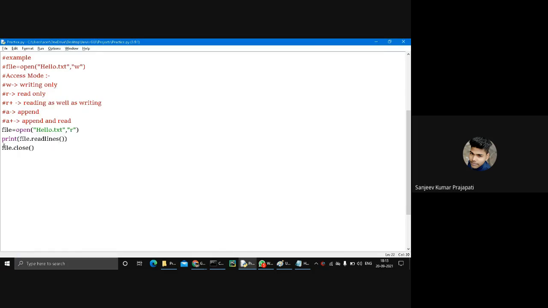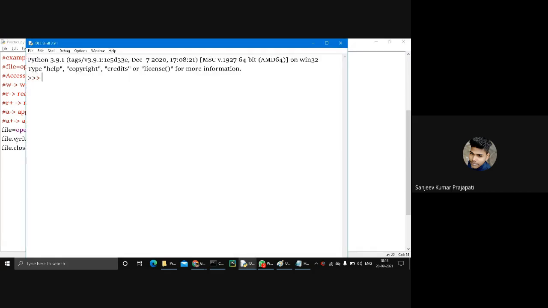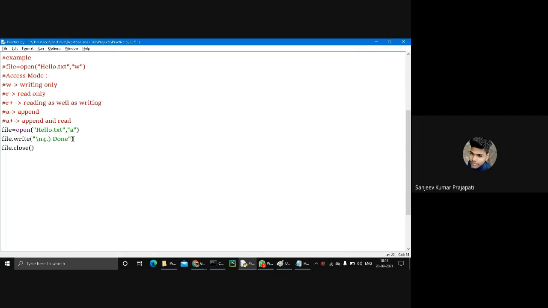So the next operation is append. Now I want to open my file in append mode. I want to add some data: file.write and the data is code. It's done.